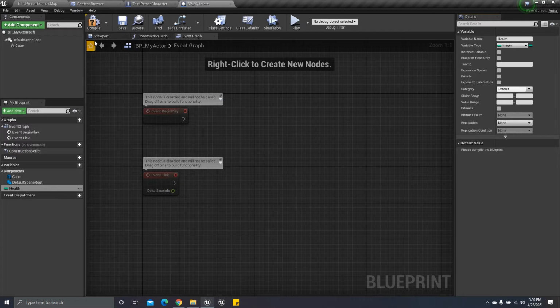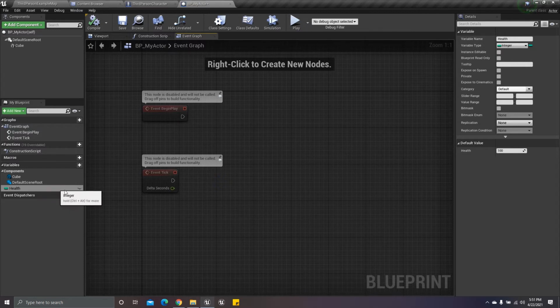When I hit compile, the default value section will appear here, and we can add our own default health value. So click here, tada! Now we can add the value 100 and compile it again. So now we have the health variable and it has the value of 100.